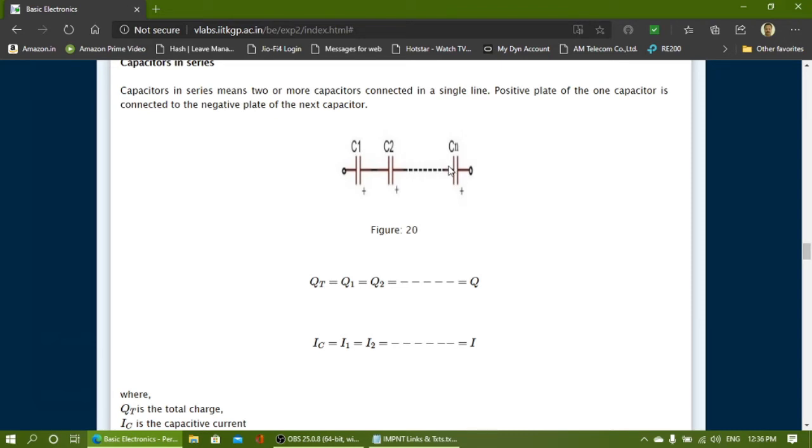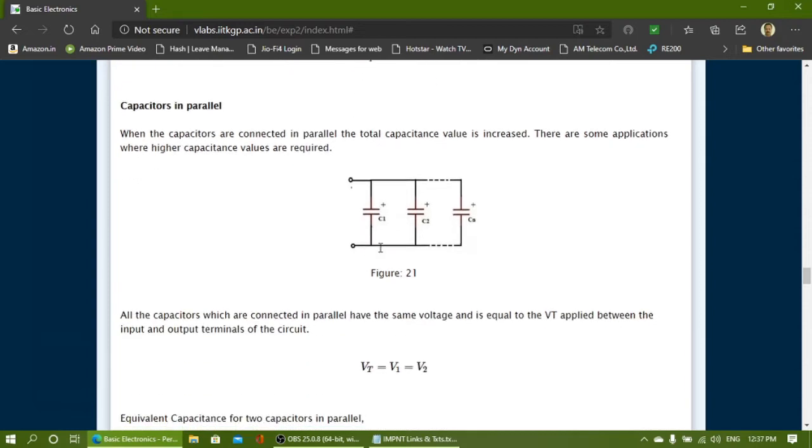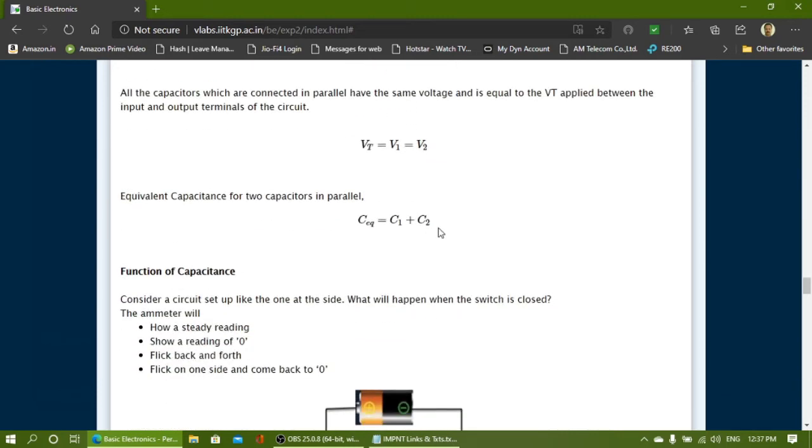Remember what I say? When capacitors are connected in series, the equivalent or effective capacitance of this network is below the least capacitor value of the entire network. If here it is 1 picofarad, 10 picofarad and 15 picofarad connected in series, then your effective capacitance value is less than 1 picofarad. But when capacitors are connected in parallel, just vice versa of resistance, the effective capacitance value will be added as C1 plus C2 plus C3 up to Cn.